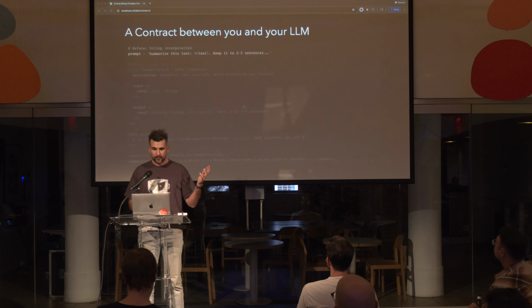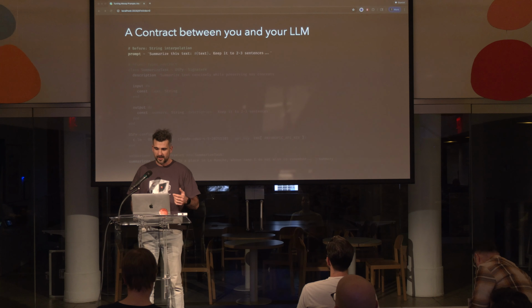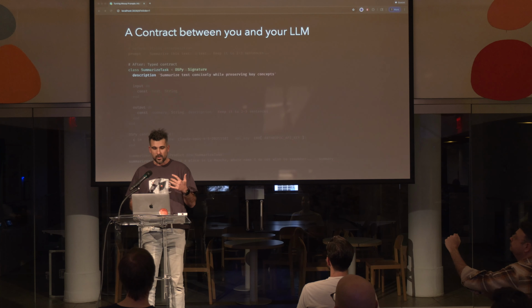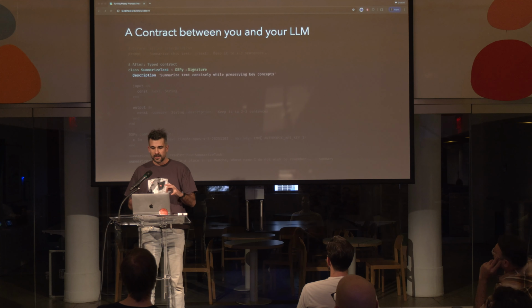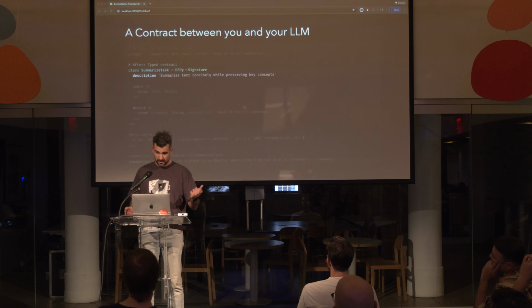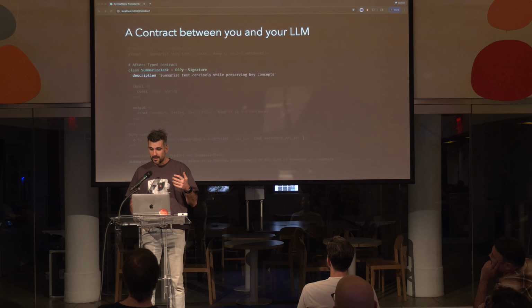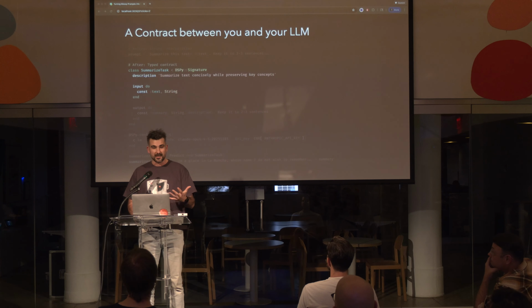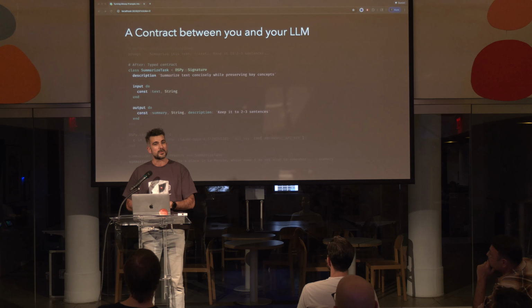So we lived in a world before where we used to manually write these massive prompts and do the string interpolation and blah, blah, blah. And now we can actually write a contract that governs the relationship between your app and the model. You start by describing the goal of your task. We are summarizing an article in here. Then you describe how you're going to provide the necessary information so the model is successful completing it. And the last step is defining how you want to get the results back.